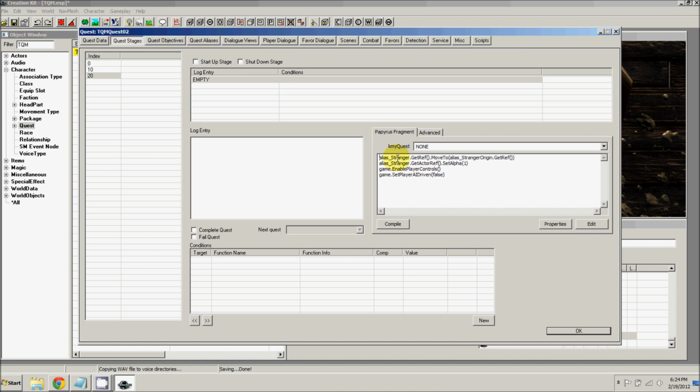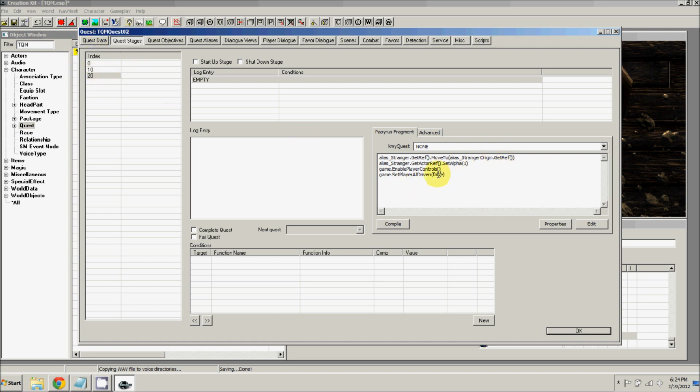So what this script does is the first thing it does is actually take the stranger. It says get rep. Again, we're using the move to, so we're moving the stranger, so we're moving Balin Grey, but now we're moving him back to where the stranger origin was. So this is why we created that stranger origin alias previously, and we created it where Balin Grey originated. So what this does is it basically just teleports him back to where he was, because we don't want him now just to be standing around Whiterun, doing nothing. So we teleport him back to where he was when we're done with the scene,